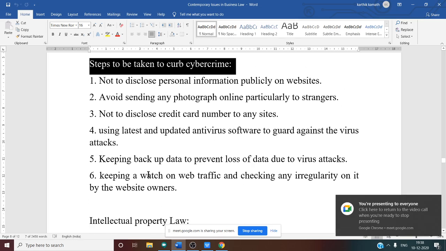Other important points, if you know, you can add to this one. And the next topic is intellectual property law that we have to discuss in the